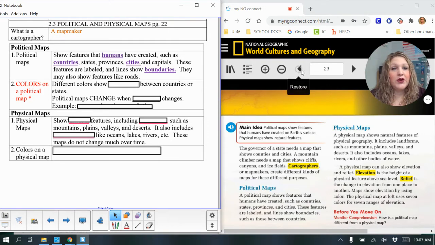Now that part's a little bit extra that wasn't there in the text. I'm going to show you some examples of maps here as we go through, but while you are writing that,